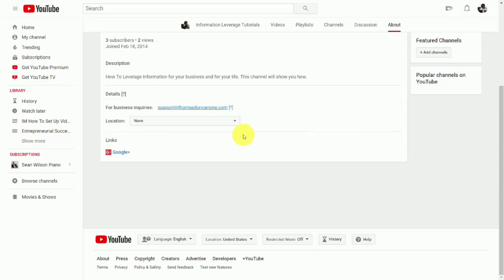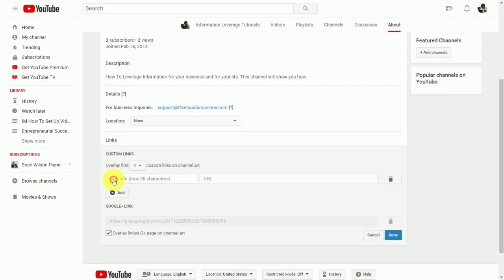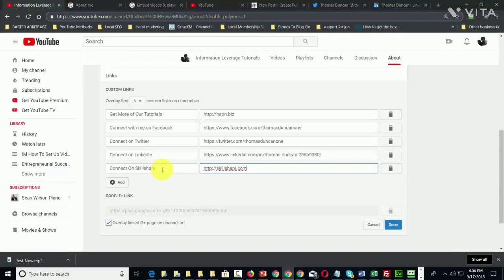You can also add links to your channel, and these can be promotional links. You can click this arrow, and you can add in custom links that will appear as icons on your channel. So for example, we can click in and put in a URL. Okay, what you'll note is that you can overlay on top of your custom art on your channel,